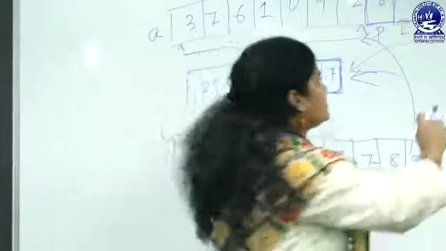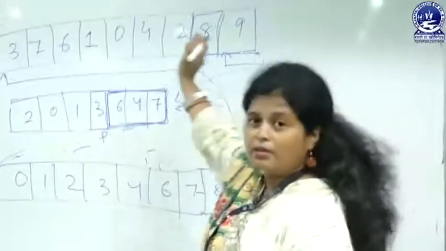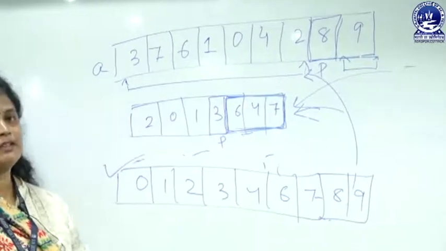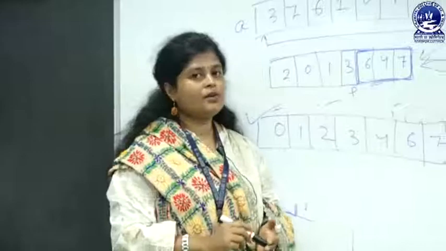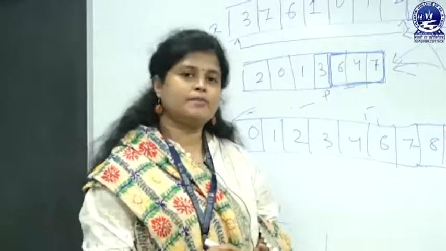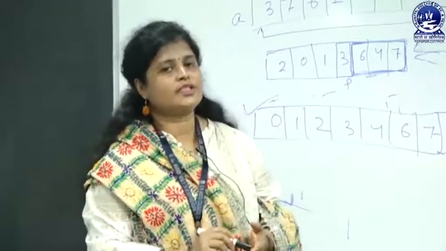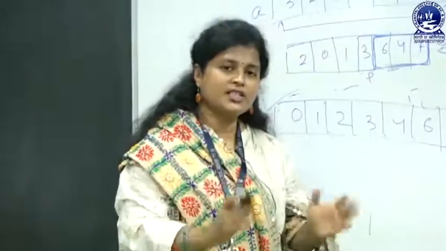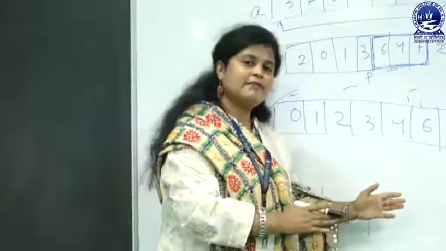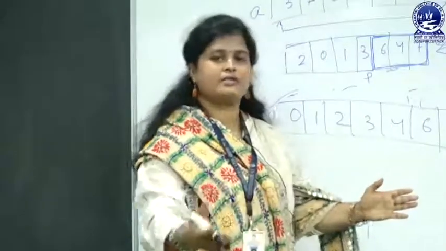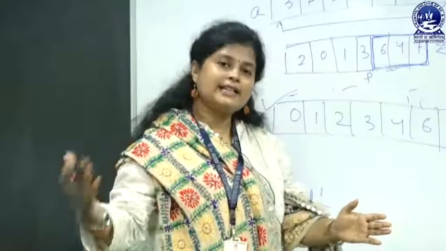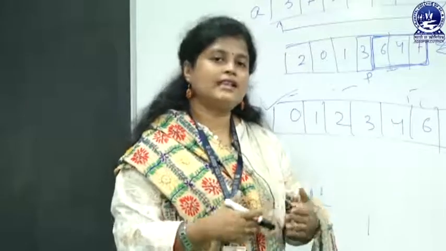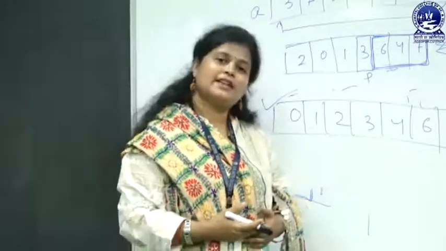If in case some other elements are present here, then again the recursive divide and conquer approach will be performed on the right hand side. In Quicksort, you can choose any element as pivot, and the most important thing you must remember is that the pivot element must be placed at its proper position, in such a position that all the left side values must be lesser in comparison to the pivot, and all the right side values must be greater in comparison to pivot, and it works in a divide and conquer approach by using recursion.